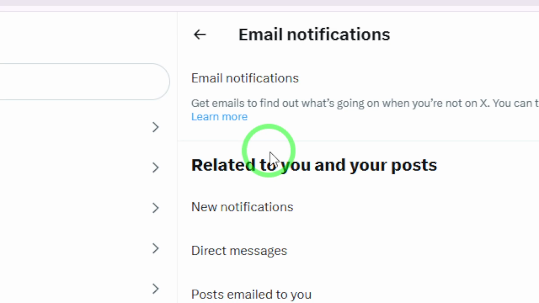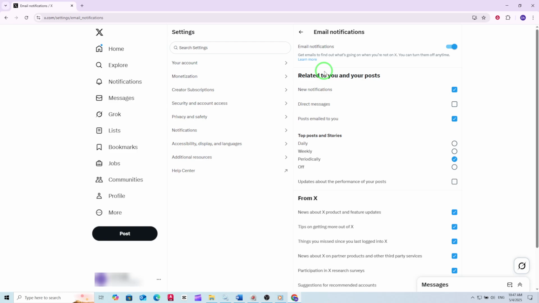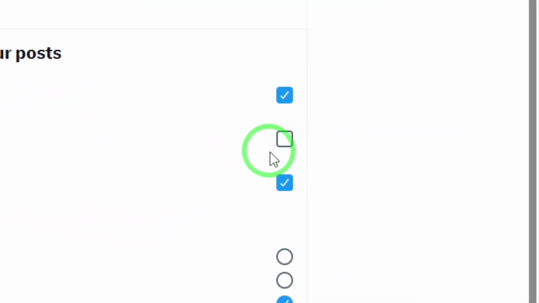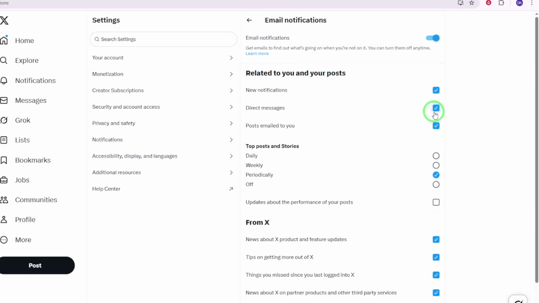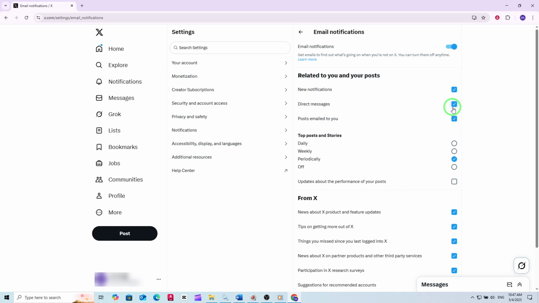from X. To make sure you're notified whenever you get a direct message, look for the option labeled Direct Messages and check the box next to it. Once you've checked the box for direct messages, your preferences are saved automatically. That's it. You'll now receive an email notification every time someone sends you a direct message on X, so you